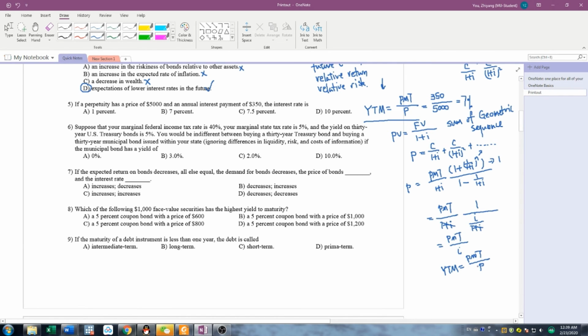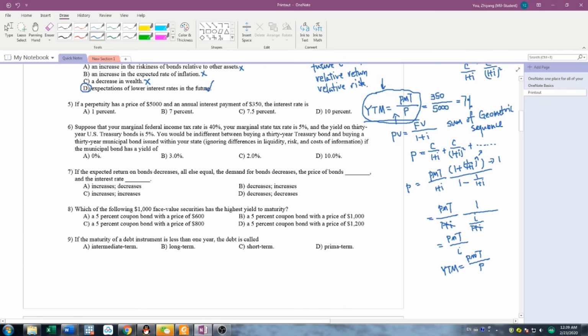For those of you who are interested in how to get this formula, you can take a look at my derivation over here, but it is not necessary for you to know it. You just need to know perpetuity is really special,